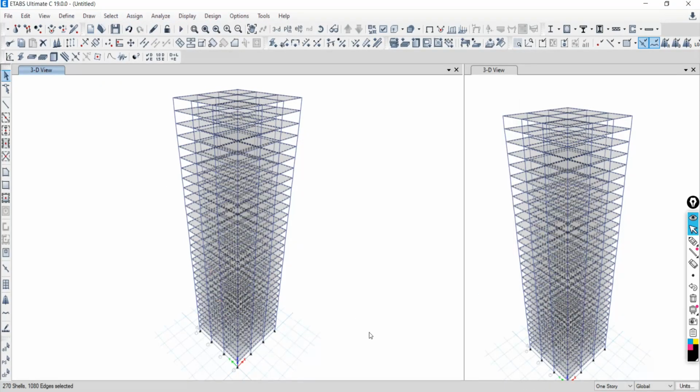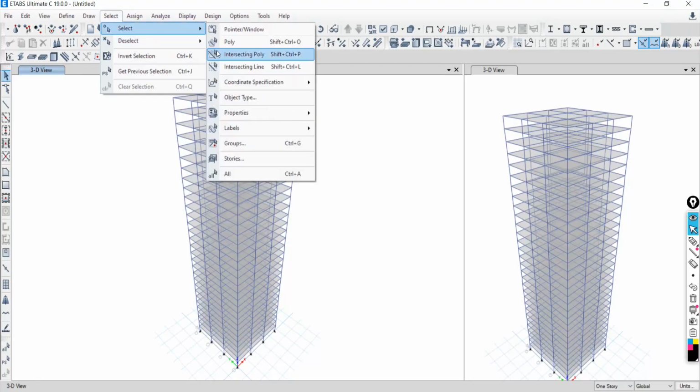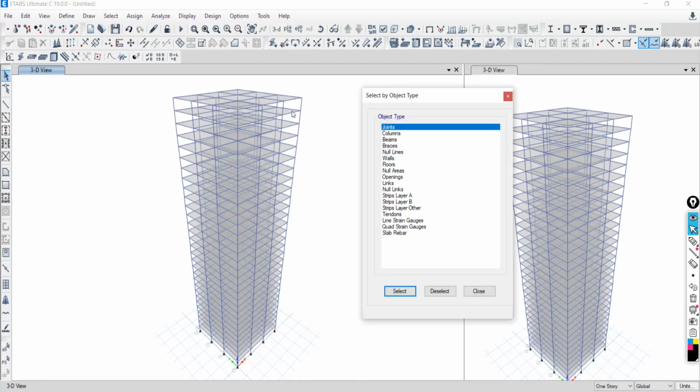So this is my intention. We want to select the 5th story slab, 10th story slab, 15th, 20th and 25th story slab. How can I do it? Okay, just clear this all. Go to select, go to object type and say floors, say select.